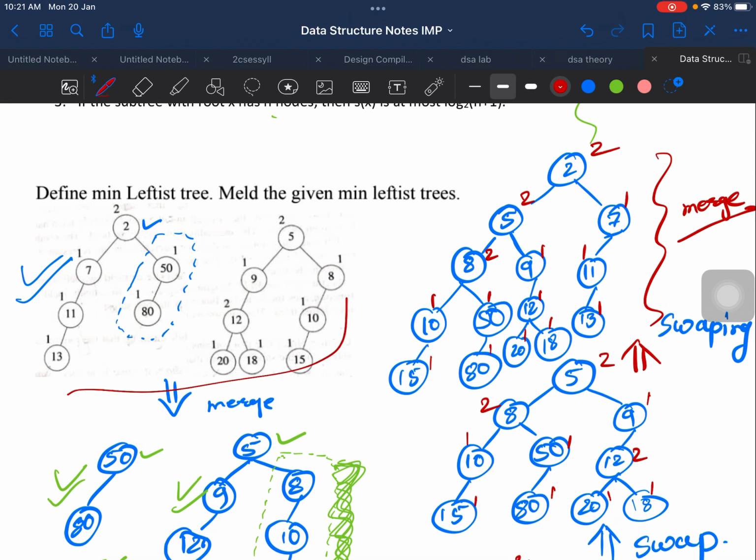Now you can find out that all the nodes you have here are present in this tree, and this is your final minimum leftist tree. Why is it minimum, guys? You can see your minimum node is at the root, and the rest of the nodes are greater than your root. So you have to check this minimum property for every root of every subtree. Okay, so guys, I will take one more example of